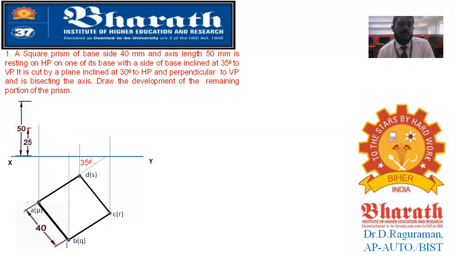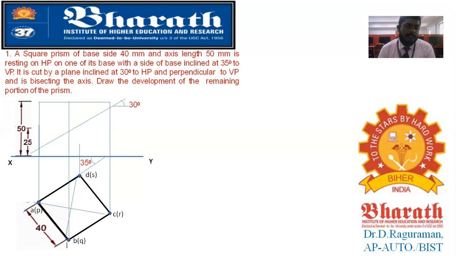Now you are going to make these projections. Okay, so this is the angle given, 30 degrees, because it is given as inclined at 30 degrees to HP. This is the condition given, so you have to cut at a 30-degree inclination. So that line you have to draw. And now see the points you have given: A, B, C, D. For the top view, the A, B, C, D you have made without brackets. That means it is clearly visible to you.